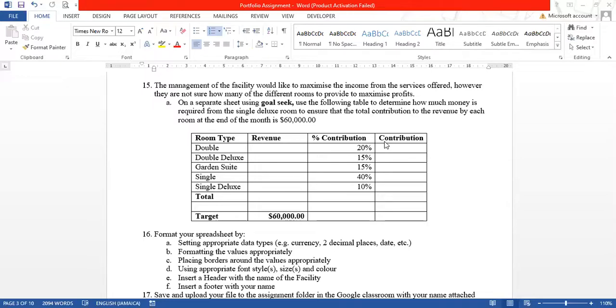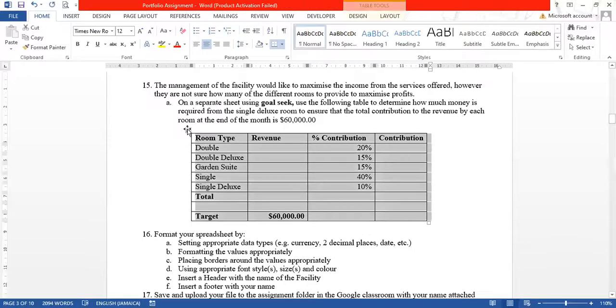Now, I'm not an expert on goal seek, so I have created a little format for you to use so that it will be easy for you when you are doing it. And hopefully I will remember how to do it now. All right, so what I did was I did the format. So all you need to do is right click and copy the format, and on a brand new spreadsheet,